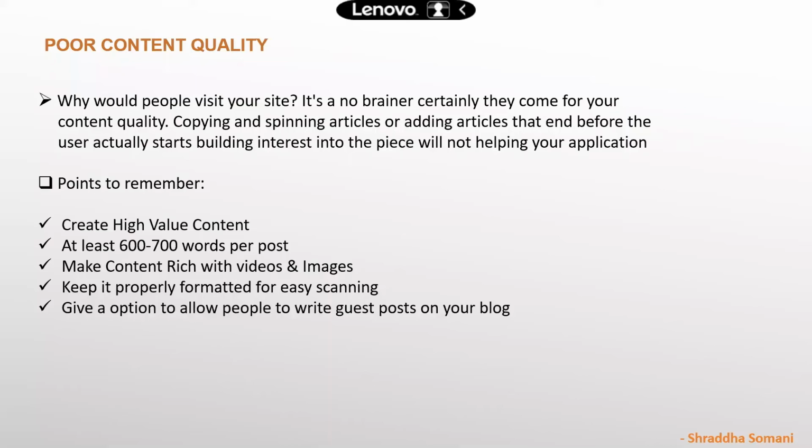This is also one way where you can increase the traffic of your website. If there is more traffic to your website, again there is a positive factor that your AdSense account will get approved. For that you can ask users to write user generated content or a guest post. You can tie up with influencers who are very famous and who are writing blogs on that particular topic. You can collaborate with them, and then ask them to write a guest post on your site, right?